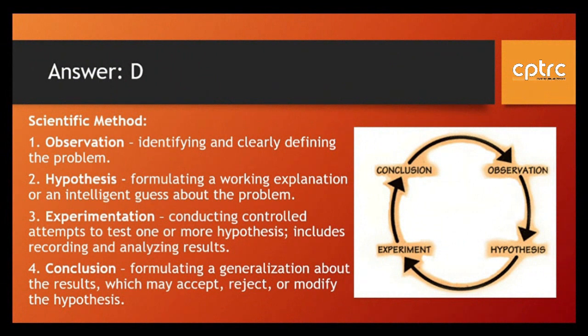Scientific method has four general parts. Number one, observation, identifying and clearly defining the problem. Two, hypothesis, formulating a working explanation or an intelligent guess about the problem. Third, experimentation, conducting controlled attempts to test one or more hypotheses, which includes recording and analyzing results. Lastly, conclusion, formulating a generalization about the results which may accept, reject, or modify the hypothesis. It is a cycle because if ever the result did not meet your expectation, you may go back to the